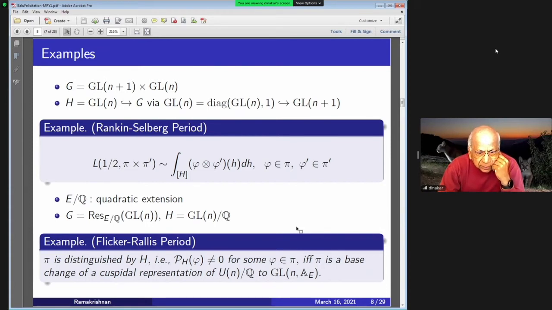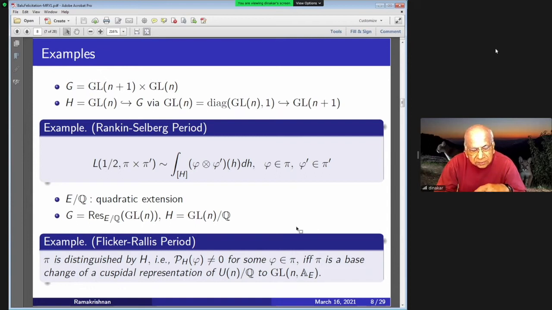Okay, and then I want to give an example also. If you take any quadratic extension, let's say imaginary quadratic, and then you take G to be GLN over E, you can think of this as a group over Q. It's called restriction of scalars. And then GLN over Q itself is a subgroup of that. So you can show that if you take a cusp form pi on G, suppose it's distinguished by H,